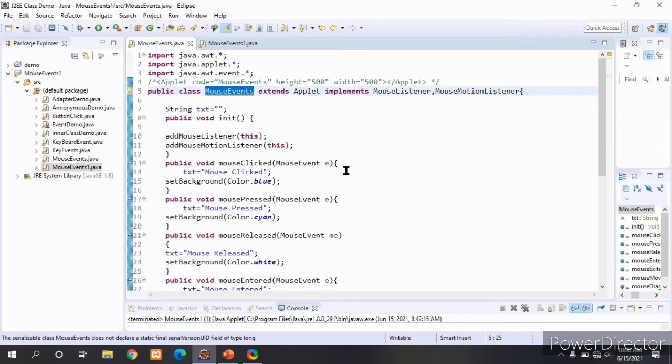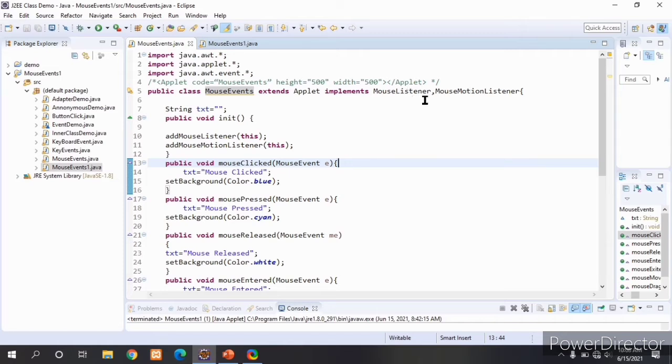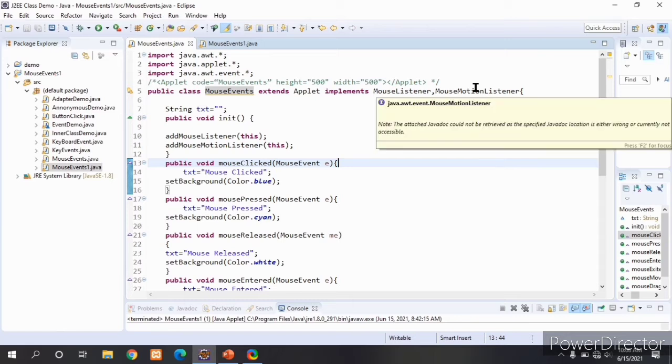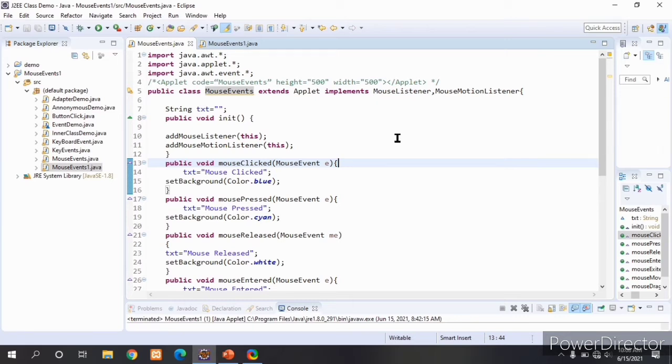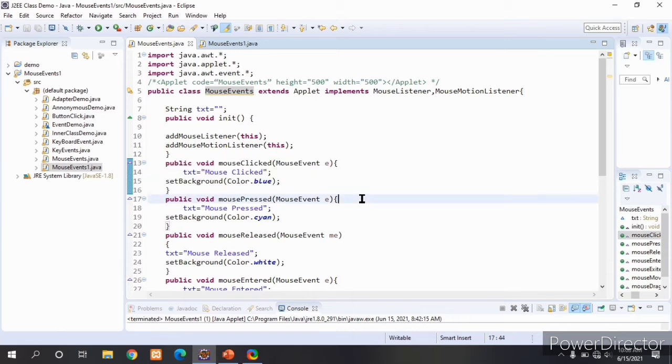Next, as I told, we are implementing mouse listener and mouse motion listener. The methods already defined in mouse listener and mouse motion listener we have to compulsorily override in the class. If I forget to write mouse clicked, it will show an error.